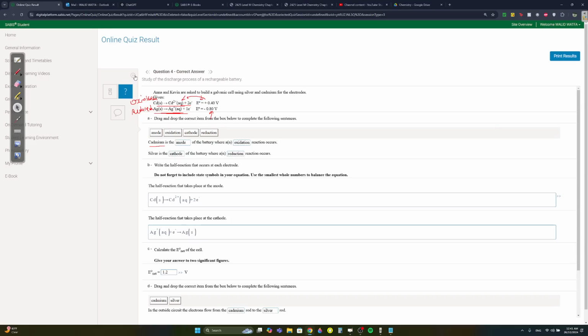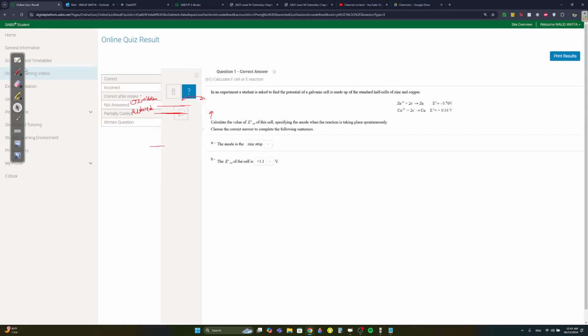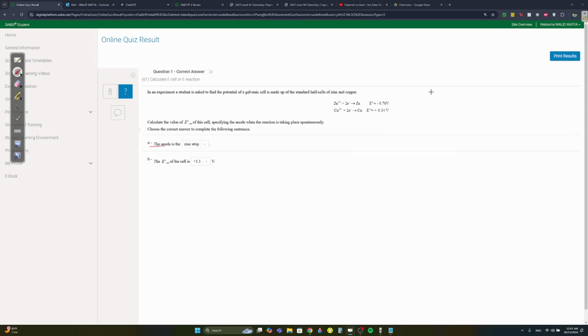But back in question 1, I didn't really realize it. Here, these are reduction reactions because they're gaining electrons, right? But this one has a negative potential for reduction. If it has a negative reduction potential, that means it would prefer to get oxidized. And if it prefers to get oxidized, that means Zn is the anode, because always the one that gets oxidized is Zn. But over here, in question 4,